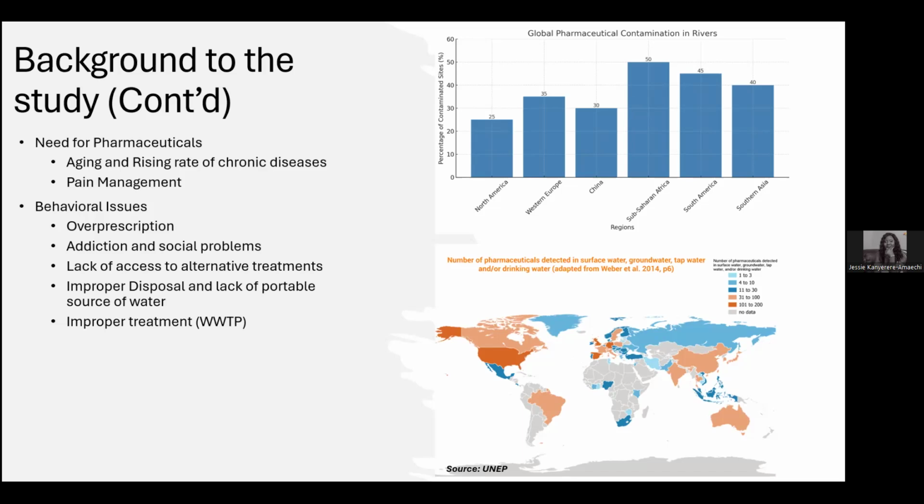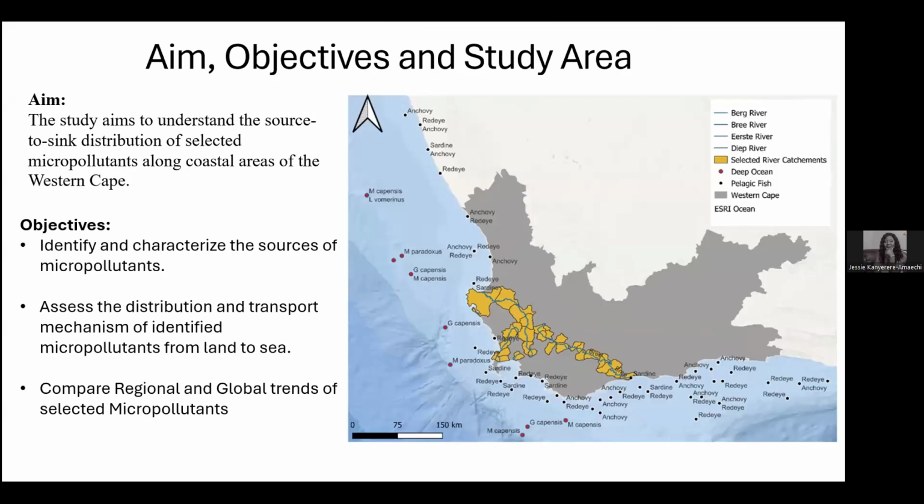study and what are the impacts of these micropollutants. The aim of my study is to understand the source to sink distribution of the selected micropollutants along the coastal areas of the Western Cape, because there are limited studies in the Western Cape and in the